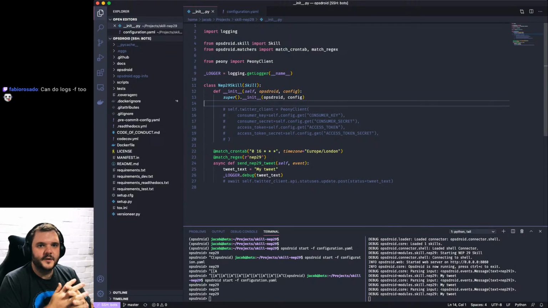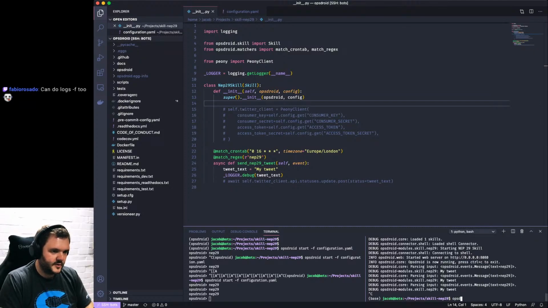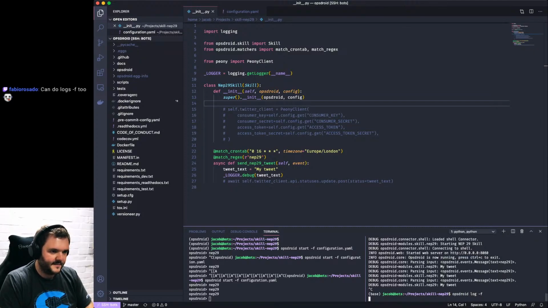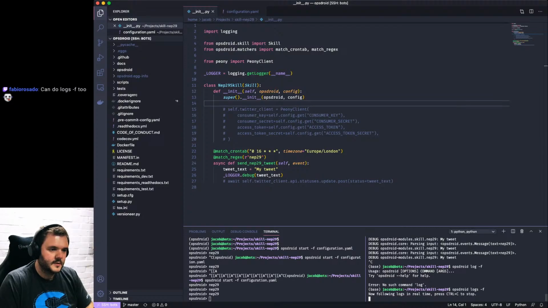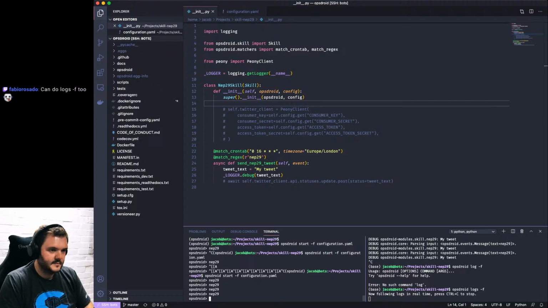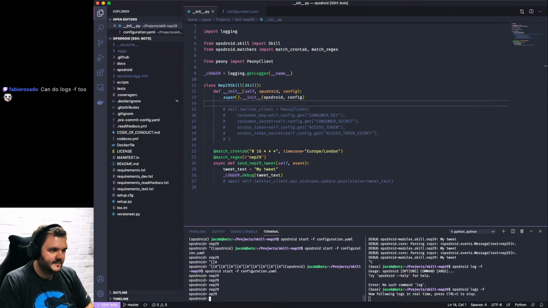So what I want to do. Oh, what? As in, if I do Opsdroid logs minus F like that. Logs. I can't type. Logs. Now following logs in real time. NEP 29. It did not work. NEP 29.